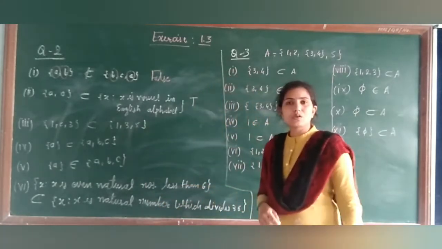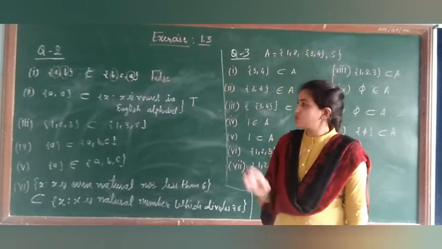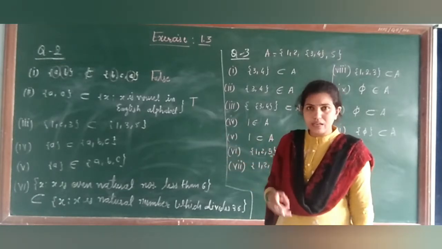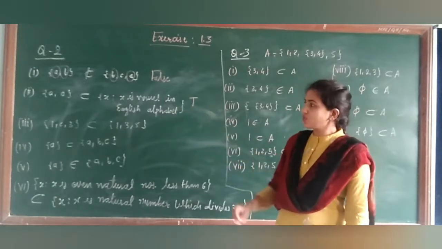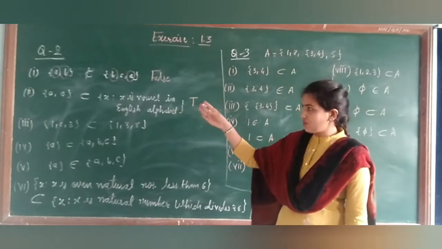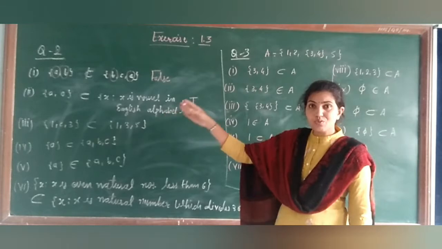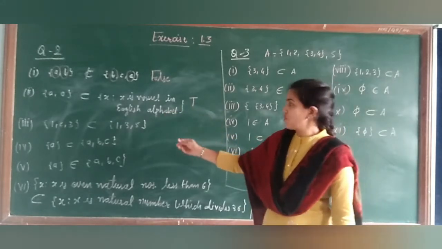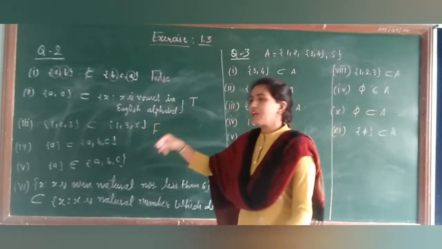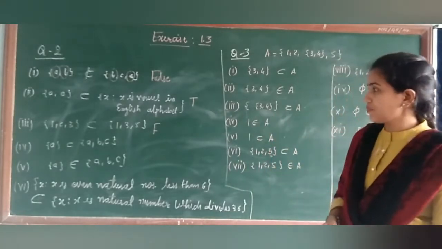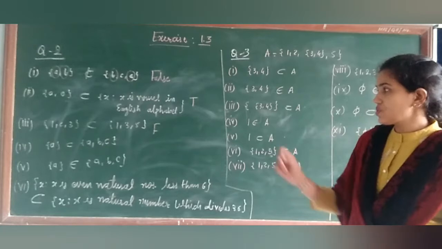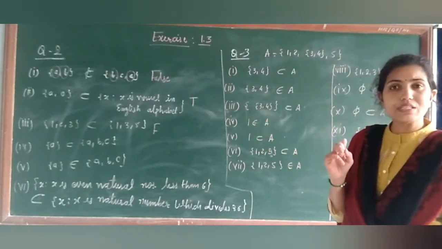Next, 1, 2, 3 is a subset of 1, 3, 5. So subset के लिए एक ही बात आपको चेक करनी है. I am repeating so many times that each element should be here also. So you can check that 1 is there, 1 is there, 2 is there, 2 is not there. So obviously false. एक एलिमेंट जो मिल जाता है जो यहाँ पे नहीं है, that means it is not a subset.